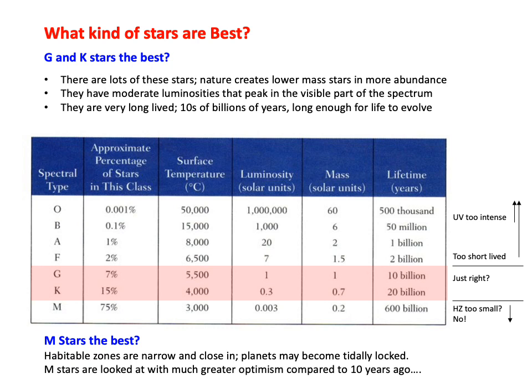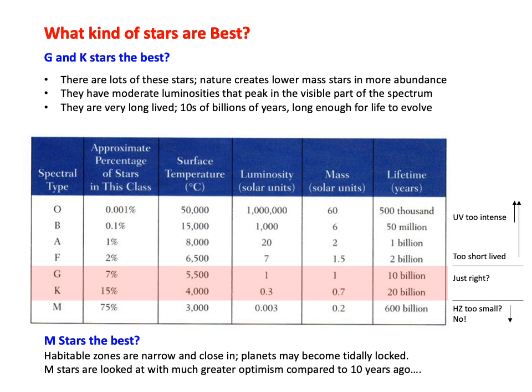So, looking at the little notes I put to the right of the diagram, we would say that F, A, B, and O stars are too short-lived for life to really take a foothold. And we might say for the O and the B stars that the light is just too intense, so it gets worse. They're shorter lived and they're just UV bright and too intense. G stars and K stars are beautifully suited for longevity and stability and not having too harsh of an